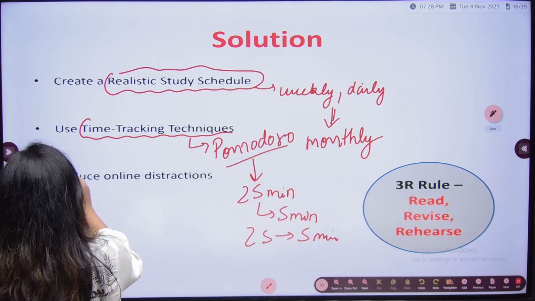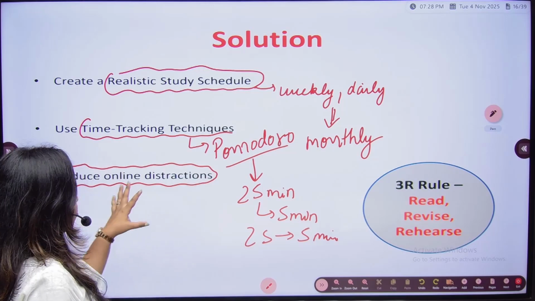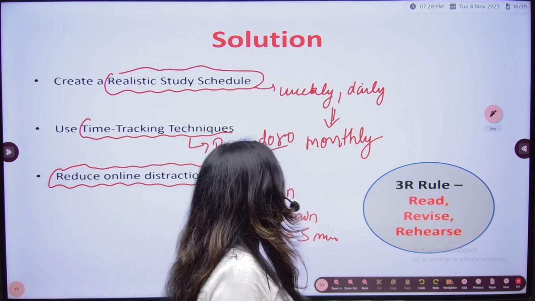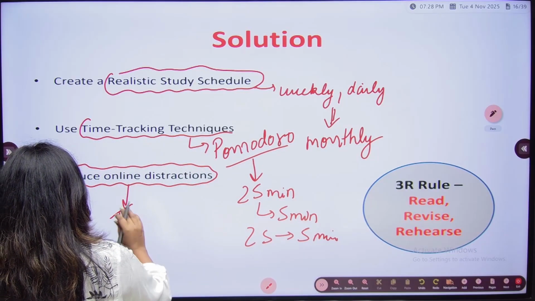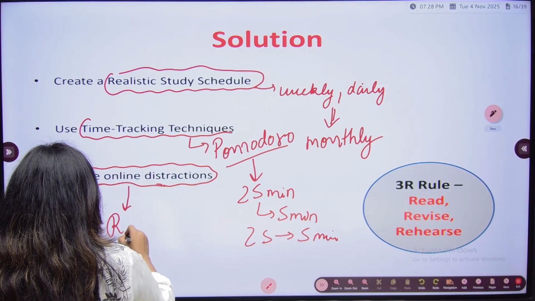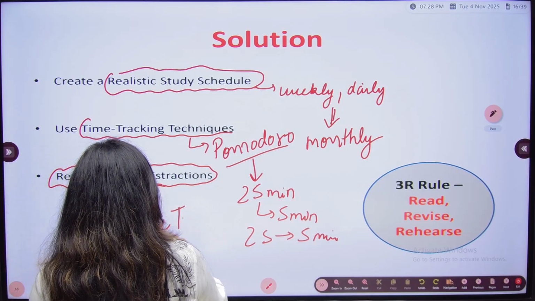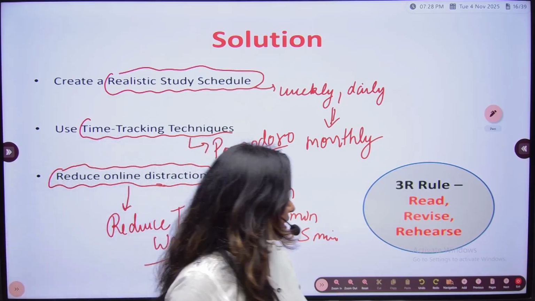And then there will be incorporation of that. It is very important that you reduce your online distractions, because it helps you to save your time. Okay, when you reduce online distractions, it will help you to reduce your time waste. And this is very common. There's nothing rocket science in this. Okay,